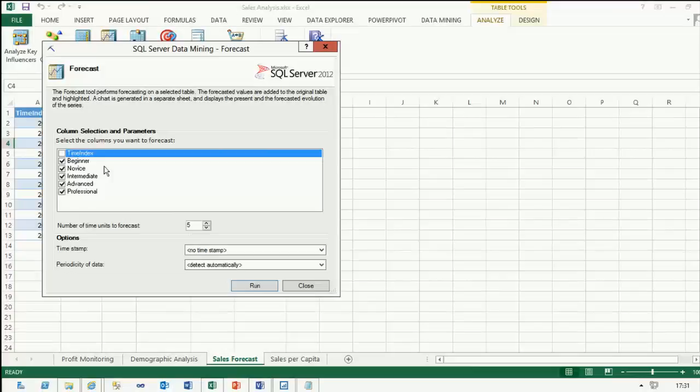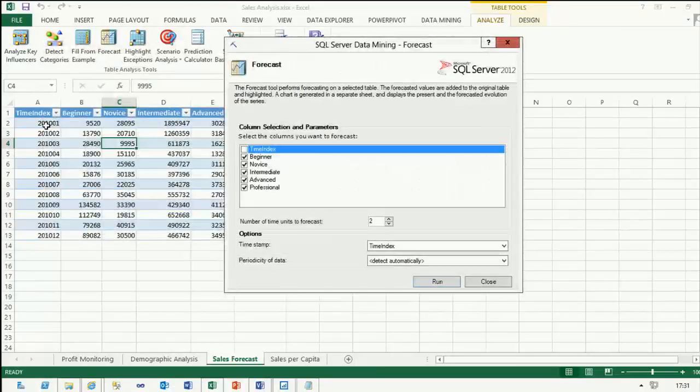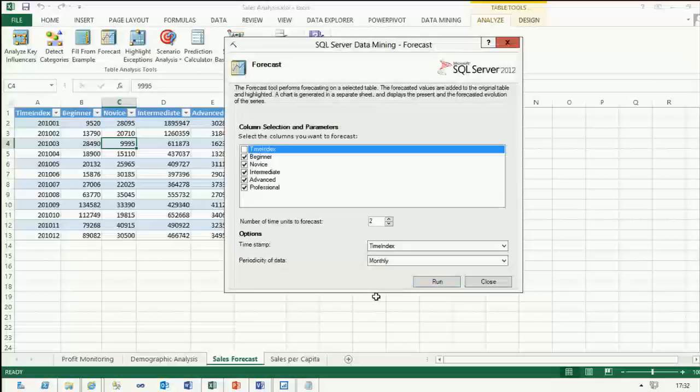When I go ahead and forecast, and I'll forecast each of the demographics, and I'll request the next 2 periods, where is my timestamp? You'll see that I've got this numeric identifier for the months of 2010. And then this is very important, that you define the periodicity. This is monthly data. This is important because the data mining engine is looking for patterns that are typically cyclical. So it will know that every 12 rows represents a year, and it will look for patterns that repeat within